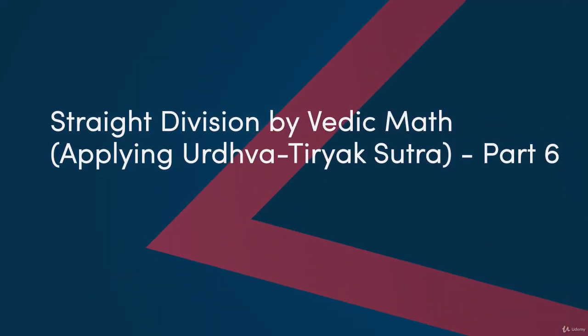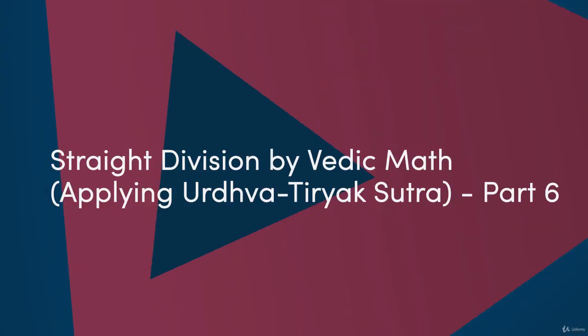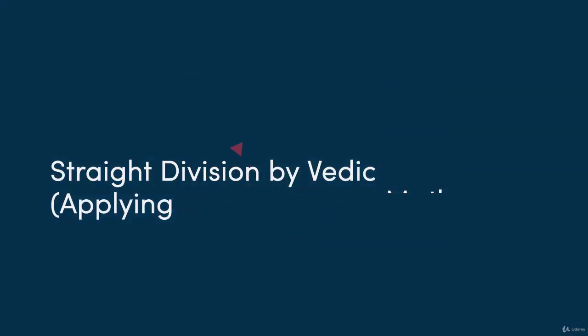Welcome. This lecture is based on two questions asked in the question answer section. Divide 789 by 24. As usual, we will write 789 like this. Two is a base digit and 4 is a flag digit. Because the flag digit is a one-digit number, we will leave one digit from the last.